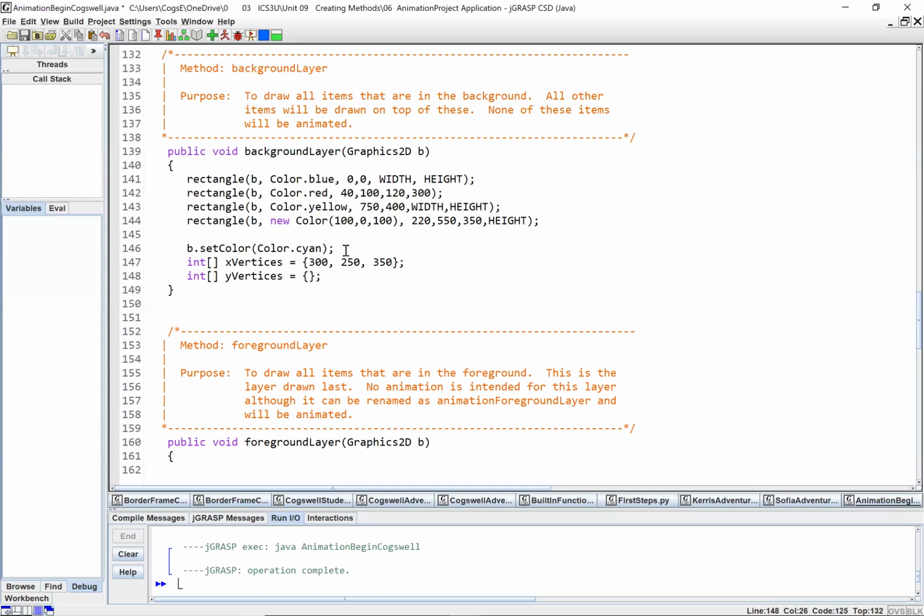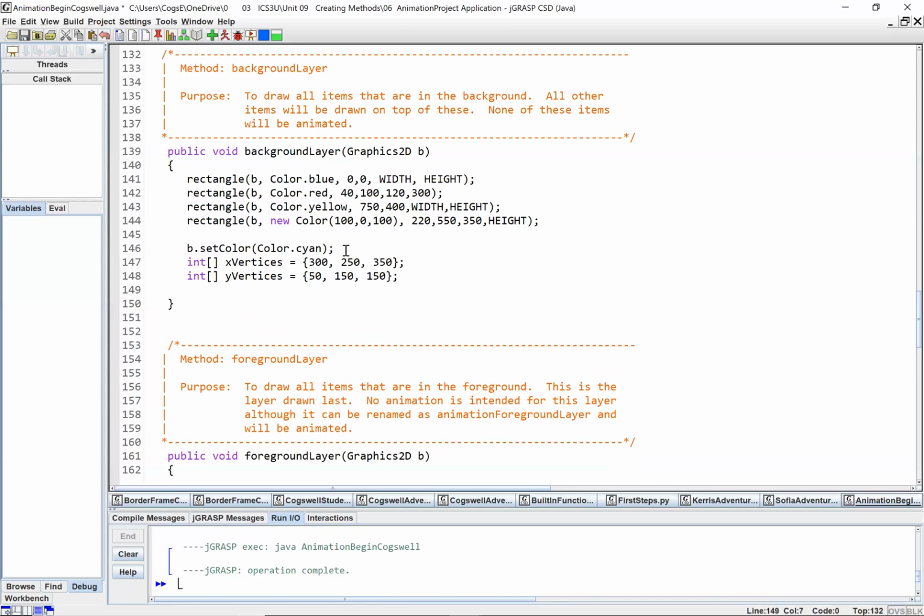So where do I want this to start? At what height do I want it to start? So remember I said 0 was at the top. This is kind of backwards. So 0's at the top. Let's say I go down to 50 for that top vertex. And I'm going to have the bottom 2 points at 150. So that one and that one. There. Okay. So now,